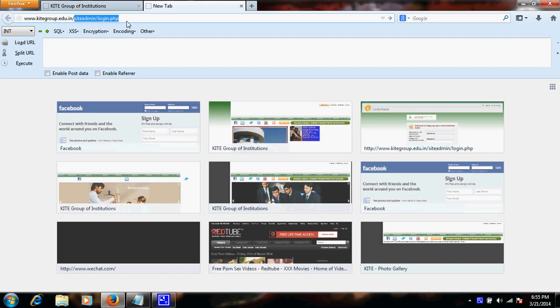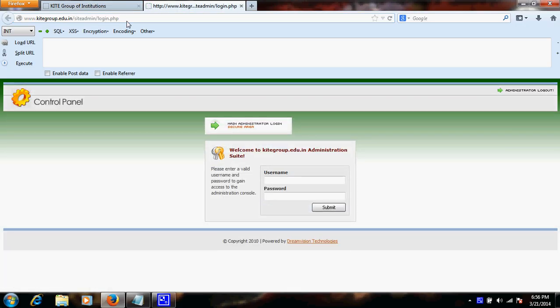If you are confused and don't know how to get the admin login panel page, sometimes the best scanners like Acunetix and Netsparker and some other scanners could help you. You can even use an admin page finder tool, through which you can easily get the details about the admin page of any website. So let me just enter. This is the admin panel, where it is asking for username and password.